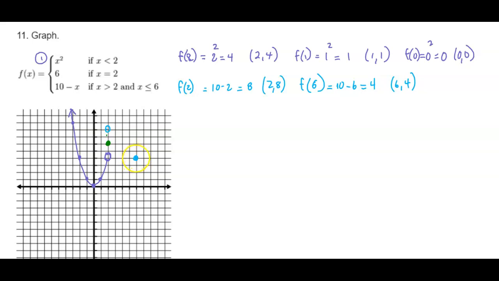It is closed because there's an equal to there. And then I just connect those points. So there is my piecewise function represented by 3 pieces. The first piece I made in purple. The second piece was that point, and the last piece was that segment